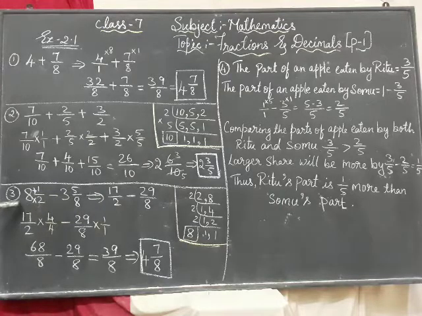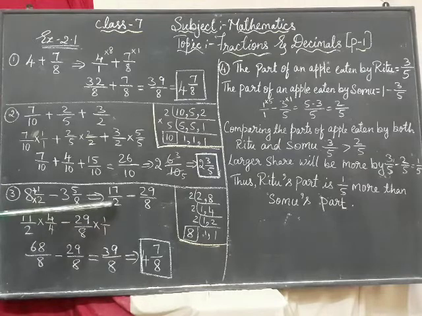How are we going to do it? With the whole number, you are going to multiply the denominator. Whatever the whole number is, you multiply it with the denominator. For example here, 8 2s are 16, plus the numerator, that is plus 1. That will become 17 by 2. This is the answer. This is a mixed fraction, and when we change it, it becomes an improper fraction.